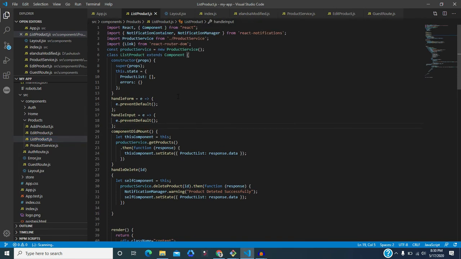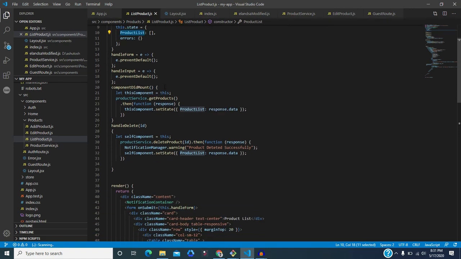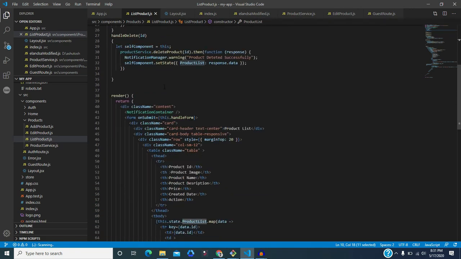Here you can see that we are using the state. Basically, the product list is whatever product we fetch from the API, and that particular API's code is written in Django. Whatever it returns will be stored in the product list, and after doing a certain loop, we are rendering it on the DOM.